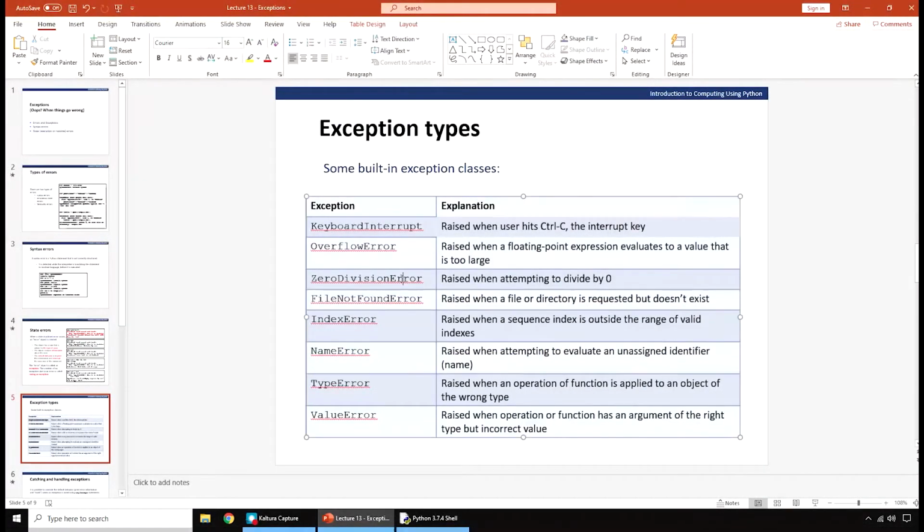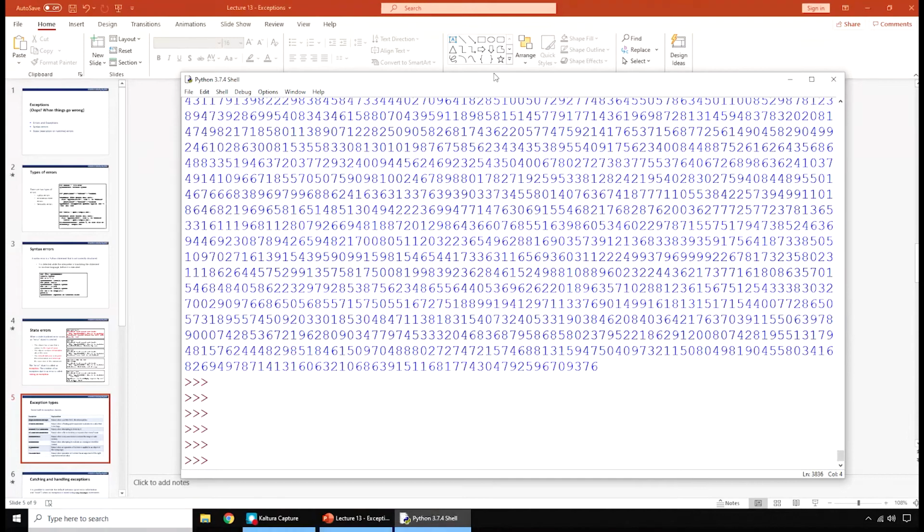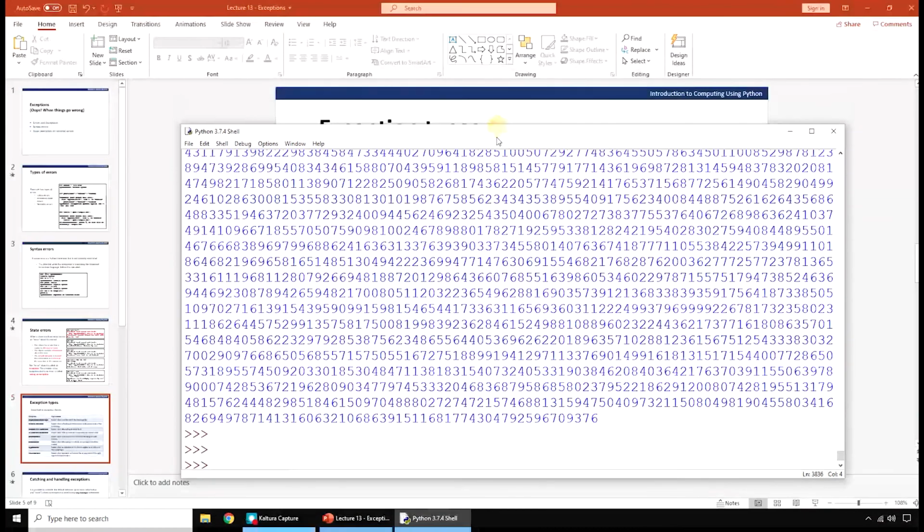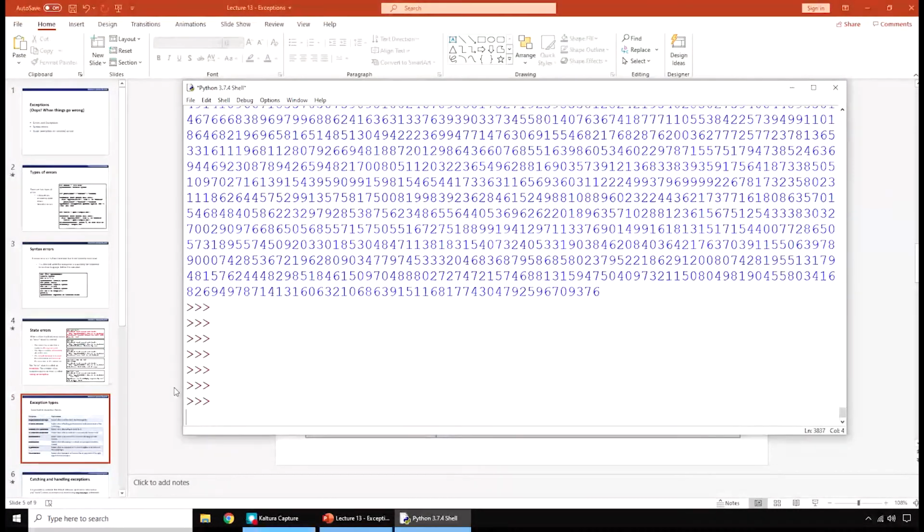We have zero division errors, which we've seen previously. File not found error, we saw on the previous slide. Index errors, name errors, we're all familiar with these. And we also have type errors and value errors. Again, these are two that we've seen pretty often, but we're going to look at some examples of them again. So a type error occurs when the type of object we're using in an expression